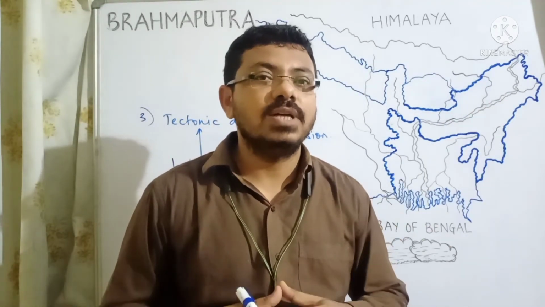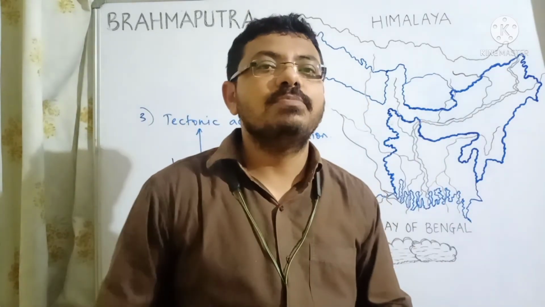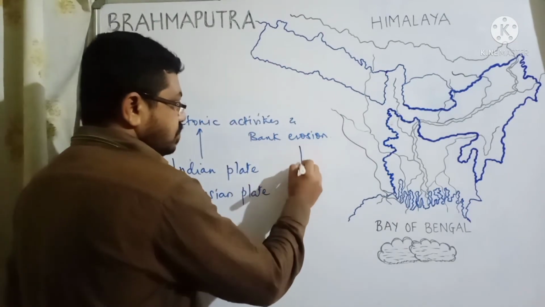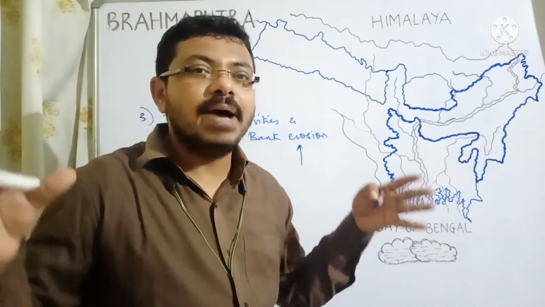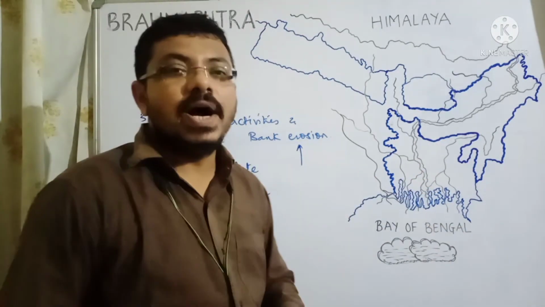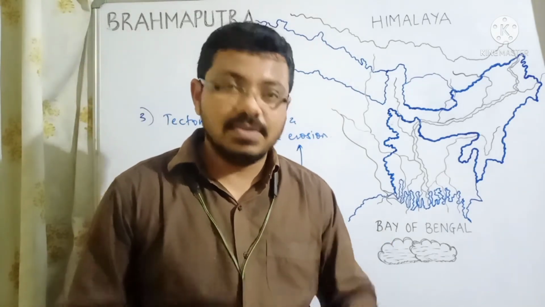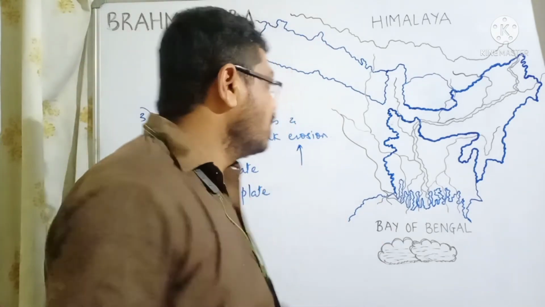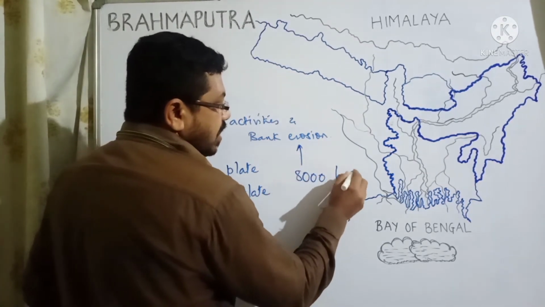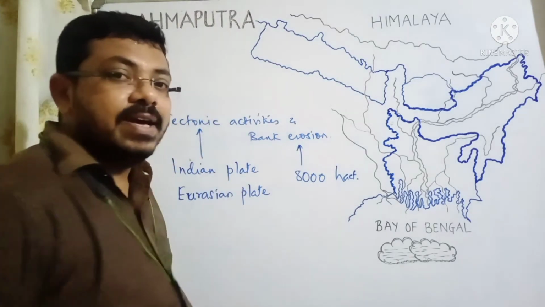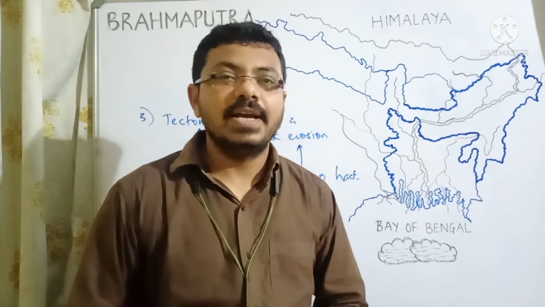So when a river becomes shallow, the water will start spreading, right? And that is responsible for bank erosion. The river is becoming more and more shallow, and so it is consuming the bank region. So the bank is widening. According to the survey conducted by the government of Assam, it has been estimated that around 8,000 hectares of land is annually lost to erosion due to flooding in the Brahmaputra.